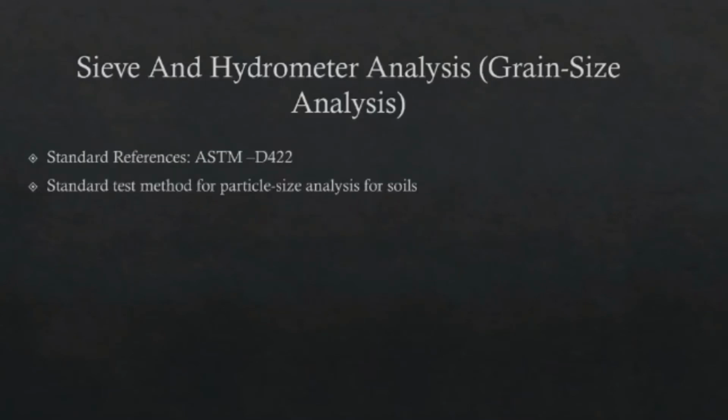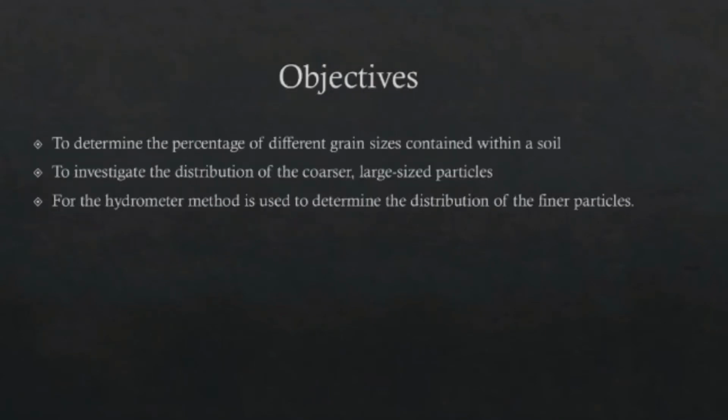I'm from group 11, and today we are going to present the sieve and hydrometer analysis, which is grain size analysis with the standard reference ASTM D422, the standard test method for particle size analysis of soils. The objective of this lab is to determine the percentage of different grain sizes contained within the soil and also investigate the distribution of the coarser, larger size particles, and the hydrometer method is used to determine the distribution